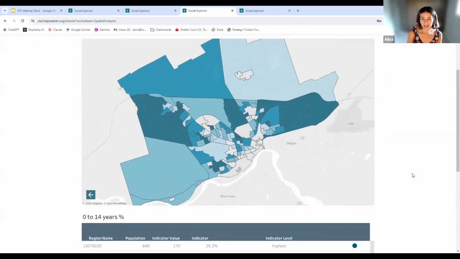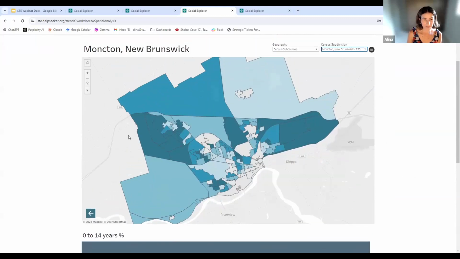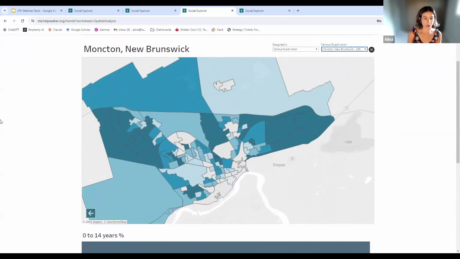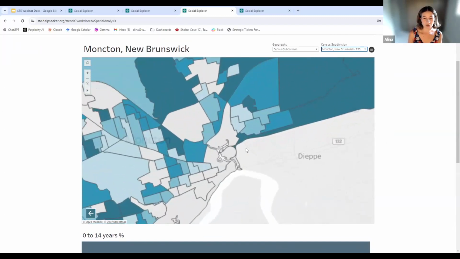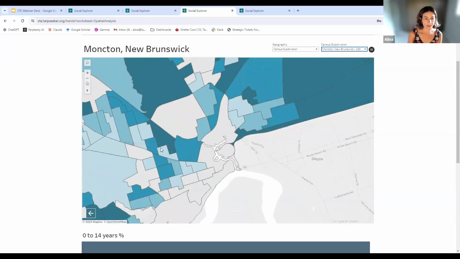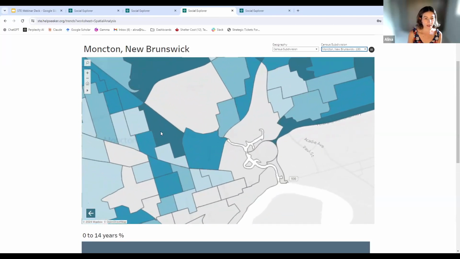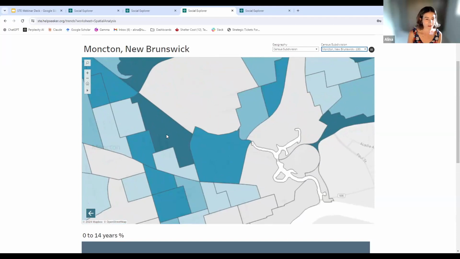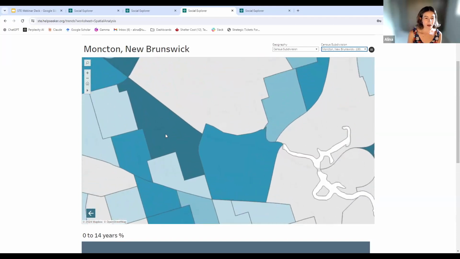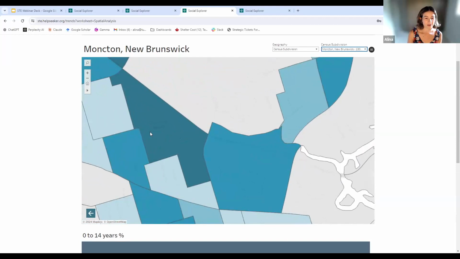There we go. And yeah, we can see it's pretty detailed still for smaller cities for sure. And I should show you too that we can zoom in quite a bit. Like we can zoom in all the way at the street level. This is actually how, if you use this, for instance, we